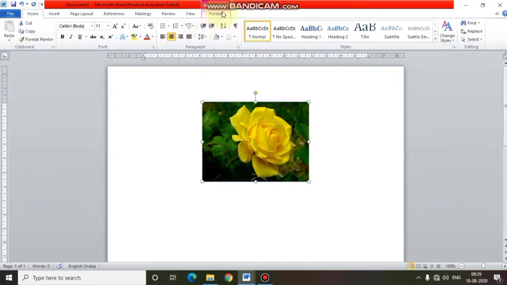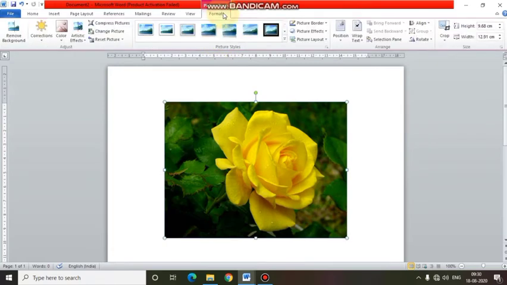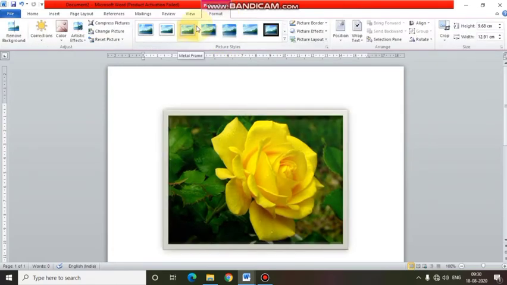ऐसे ही टेबल्स में भी होता है, बिकॉज दिस टैब इज़ ओनली क्रिएटेड फॉर एडिटिंग पिक्चर. सो जब भी हम सिर्फ पिक्चर में क्लिक करेंगे तभी ये टैब यहाँ पे शो होगा. लेट्स इंक्रीज द साइज ऑफ द पिक्चर like this. Now click on picture and go to the format tab. Here different options are available for formatting your picture.